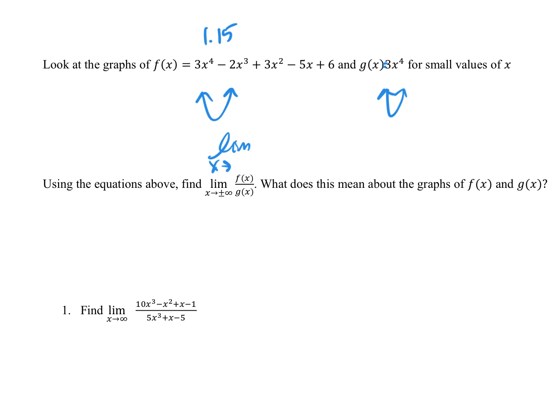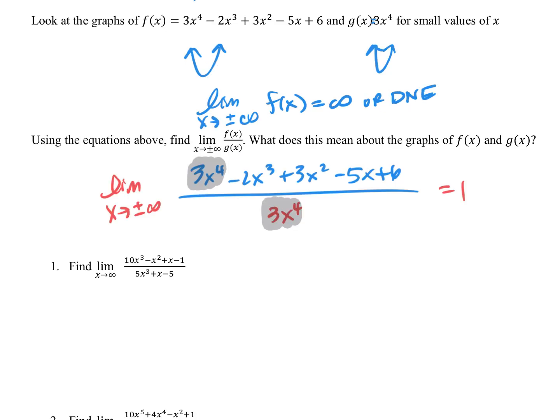Is that what it says for x approaches plus or minus? Oh, yeah. You're right for the next one. Okay, so I could say either way, plus or minus infinity. So if I'm going left or right, what are these values going to? Positive infinity, agreed. So of my function, that's just going to be infinity or does not exist. I'm going to even write that, or does not exist. Either one works. So you guys, the biggest exponent on the top, shape, and the biggest exponent on the bottom